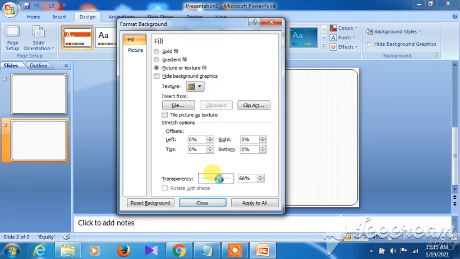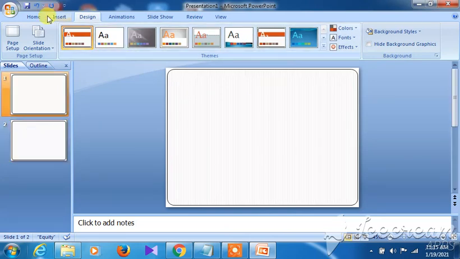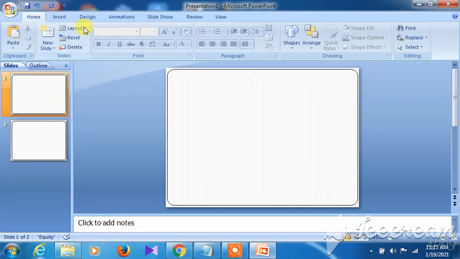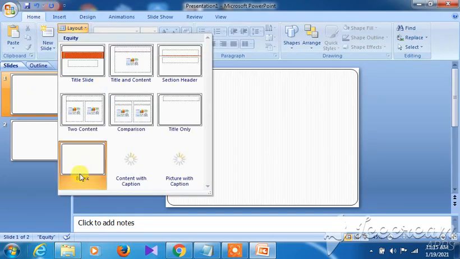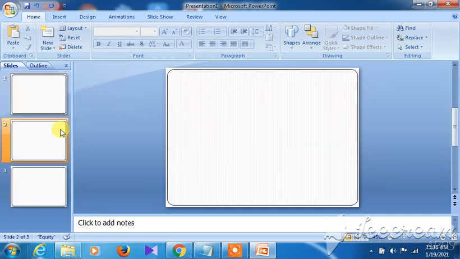Okay, just a minute. Yeah, fine. So now that particular picture will be shown as your watermark. All right, so that is the thing. In that way you have to select a picture, and since a background has already been chosen, I am just taking another one. Then layout, just choosing this one as a blank slide, and then choosing one more slide actually.